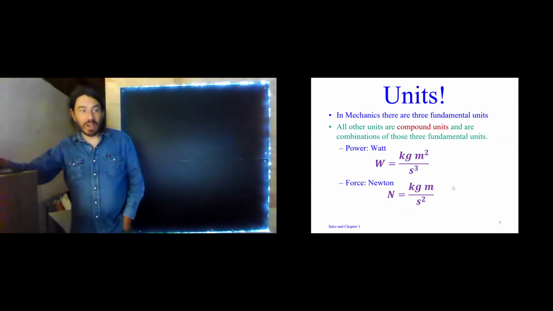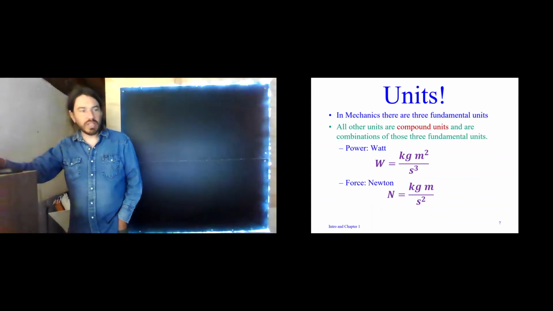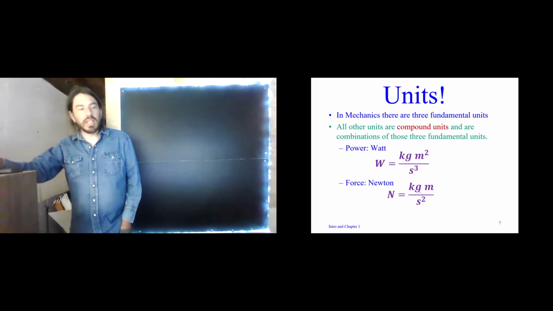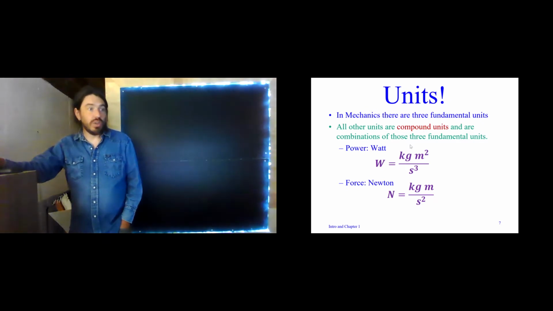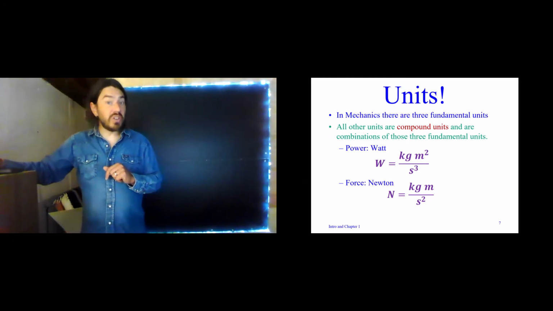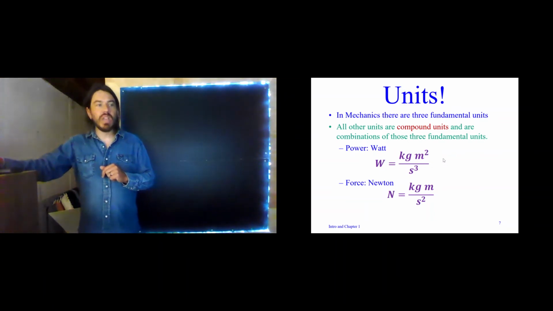Other units we will use and encounter as we go through this semester. Power. If you look on your light bulb and it says it is a 100-watt light bulb, now you know that that is 100 kilogram meters squared per second cubed. Force is measured in newtons, kilogram meters per second squared. It turns out that the analogous English unit to force is the pound. So a lot of people think that kilograms and pounds are analogous. They're not. Newtons and pounds both measure force. Kilograms and slugs, a unit you've probably never used, those measure mass. So the English equivalent of a kilogram is actually a slug. Okay, so